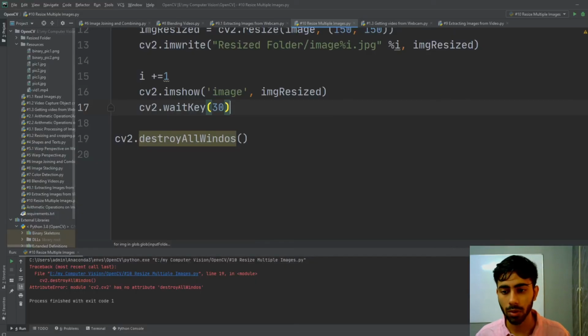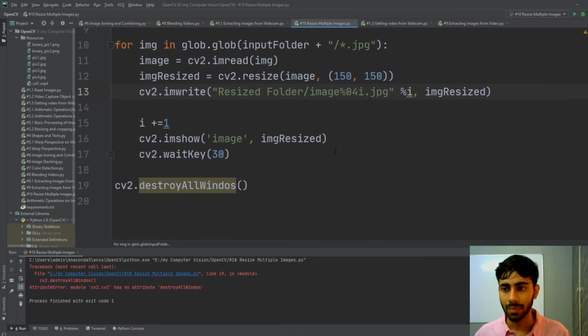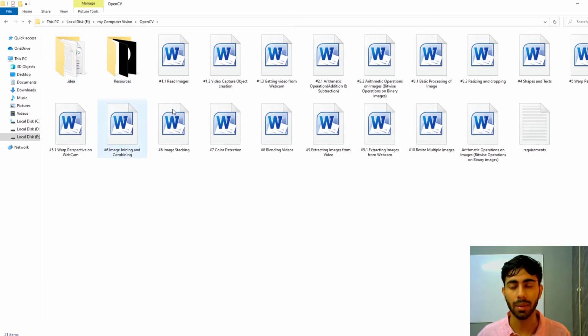So what I'm going to do is write here %04, and then if I run the code, have I deleted my folder? Yes, I have deleted my folder.